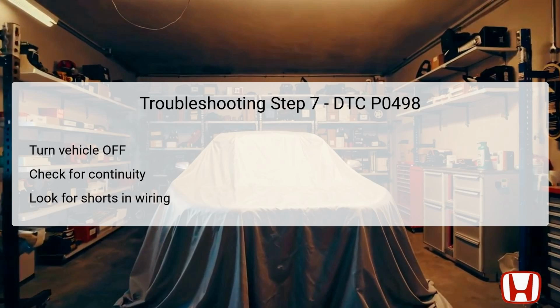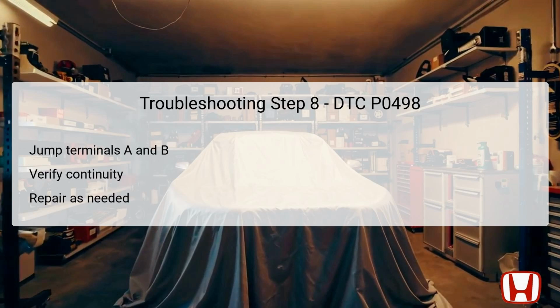By checking continuity between the designated test points, PCM connector A number 32 and body ground, a reading showing continuity signifies an issue with shorts between the wiring of the VSV, vent shut solenoid VSV. If continuity is present, repair of the short within this wiring is necessary. This step is crucial to ensure the integrity of the circuit and restore proper voltage readings to eliminate the P0498